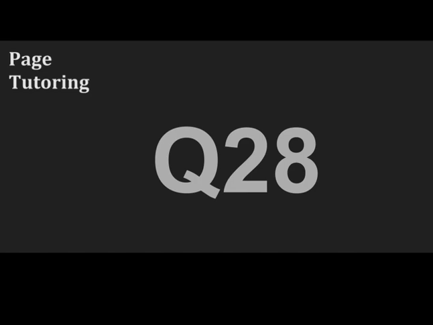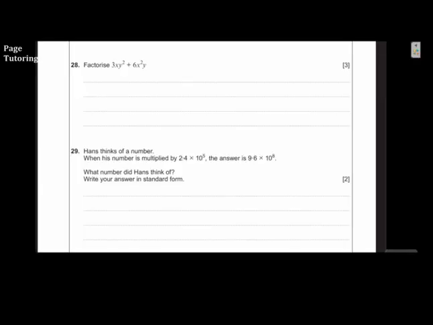Question 28. Factorize 3xy squared plus 6x squared y. So for this one, we're going to start with just taking the numbers to the front. What can both 3 and 6 be divided by and still be a whole number? That's 3. So we're going to put 3 at the front, and then we're going to divide both terms by